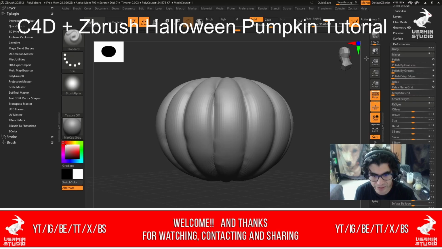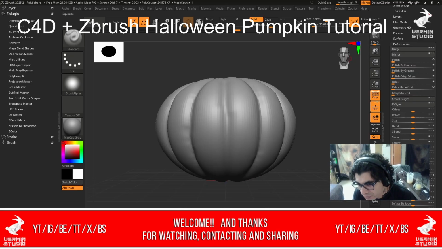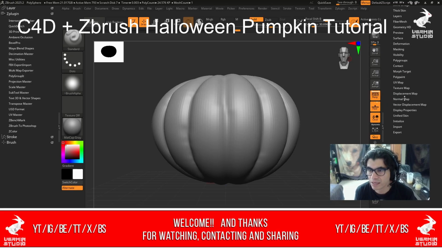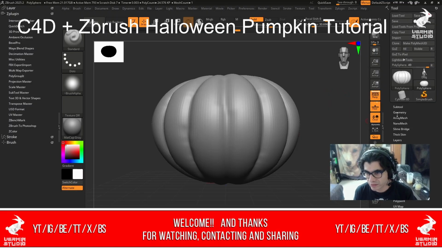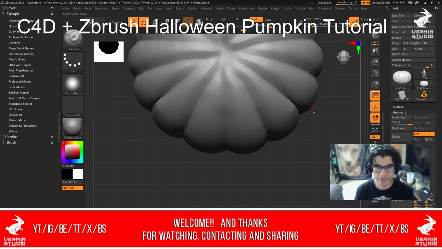So we have variation. That's our measuring here. The variation and the size. Yeah, we're gonna increase the size significantly. Good. Now we have it. Right. So here it is. I'm gonna go to geometry. Right. I'm gonna divide it a little bit. And clay polish, why not? Yes. Now that we have this